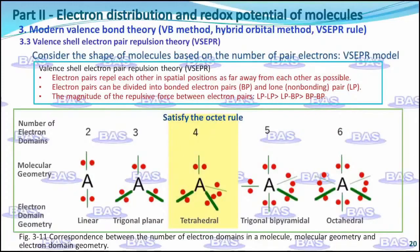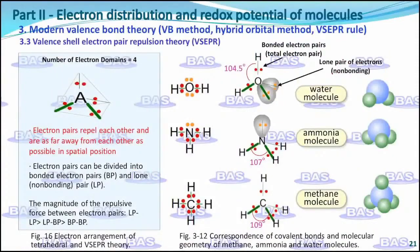The valence shell electron pair repulsion theory is the simplest way of visualizing chemical change and makes it easy to determine the spatial configuration of substances. Let's look at molecules with 4 pairs of electrons. In the methane molecule, the 4 electron pairs are all bonding electron pairs, and the repulsion between the electron pairs is the same. Because of the tetrahedral geometry of the methane molecule, the angle between each carbon-hydrogen bond is the same,